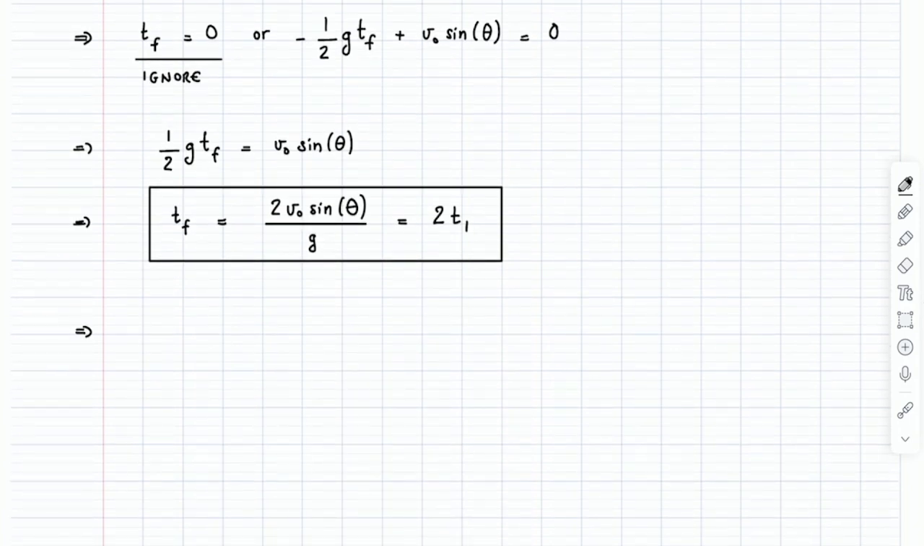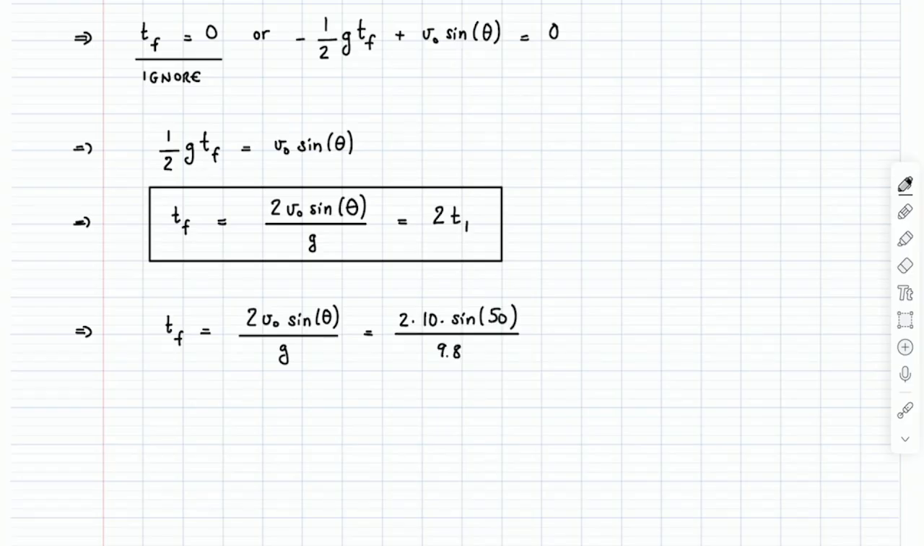But if it is the case, then sure, you can say that. Okay, so what is t final? Because we didn't compute t1. So t final is 2 v0 sine theta over g. That is 2 times 10 times sine of 50 divided by 9.8. And that's approximately equal to 1.56